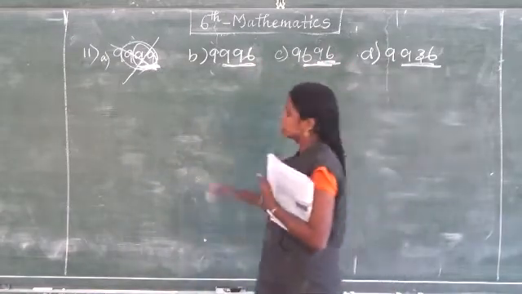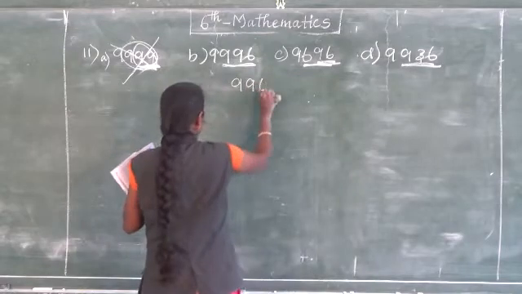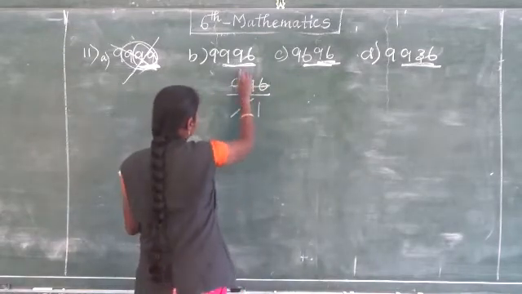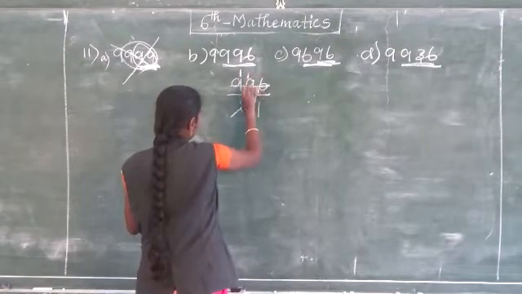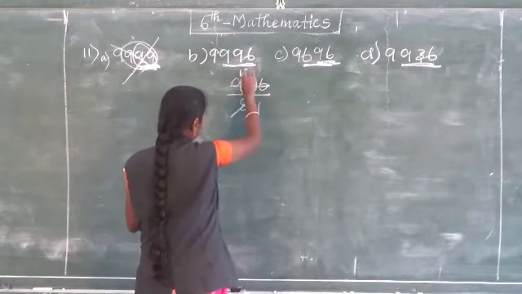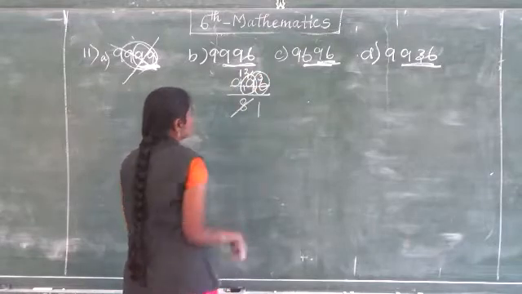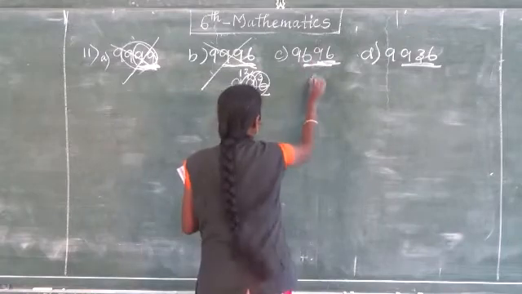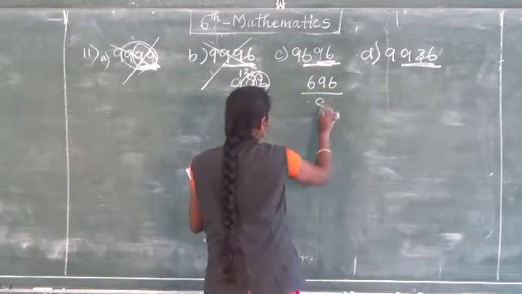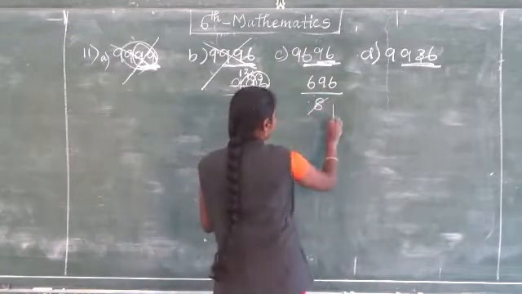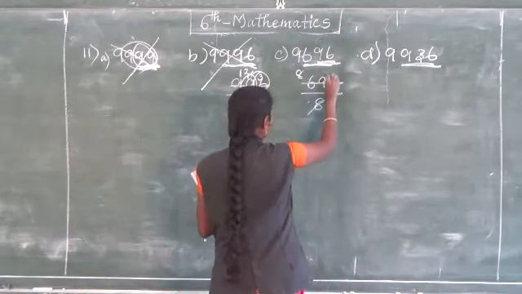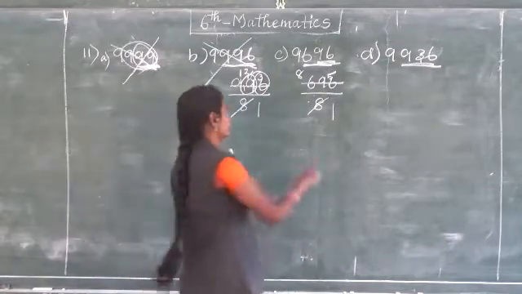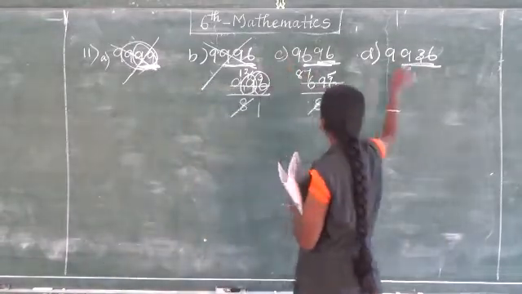Okay, last 3 digits. So 996. 8 table 1, remainder 1, 19. 2 times, remainder 3, 36. 36 will not come. So it is not a possibility. Then 696. 8 table. 8 ones are 8, 8 eights are 64. Remainder 5, 56. It will come. How many times? 7 times. So these are the 2 possibilities I think.